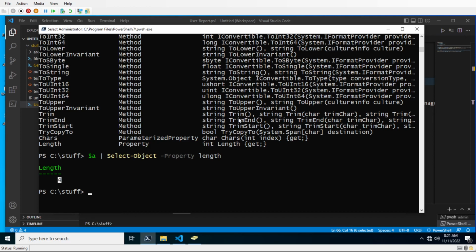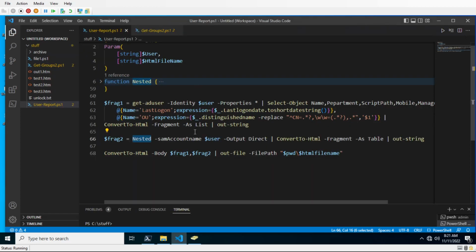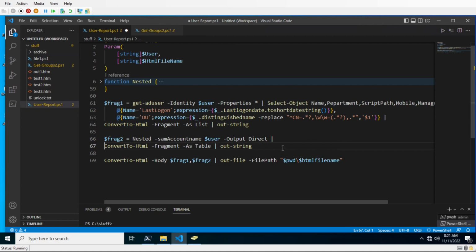So what you need to do if you have a pipeline of string objects, which is what I have here, before you hand it off to convert to HTML, you have to take those string objects and make them a different kind of object. So you can actually do that by doing a calculated property similar to what I did up here. So let me go over here and let's put convert to HTML down on its own line, and then